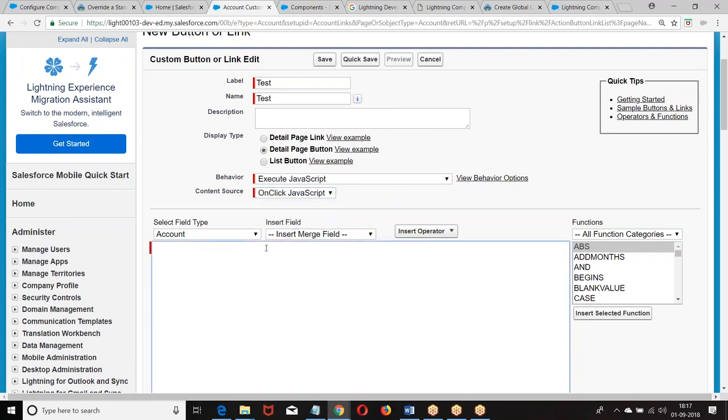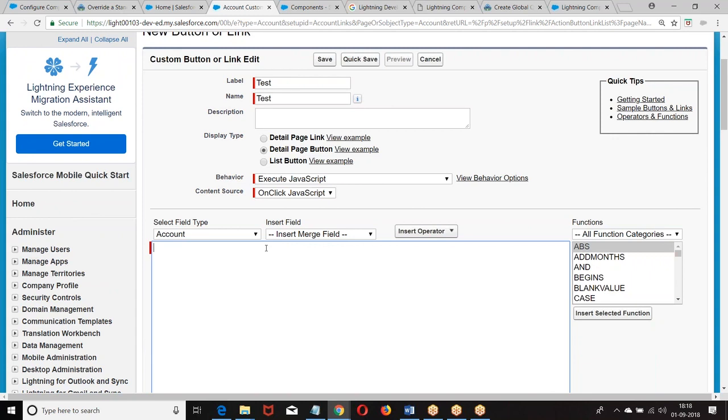For JavaScript we need to give require sforce session ID. Now we have the Ajax toolkit, right? sforce.connection.login, sforce.connection.create, sforce.connection.update. With Ajax we can perform DML and SOQL queries using JavaScript in Salesforce.